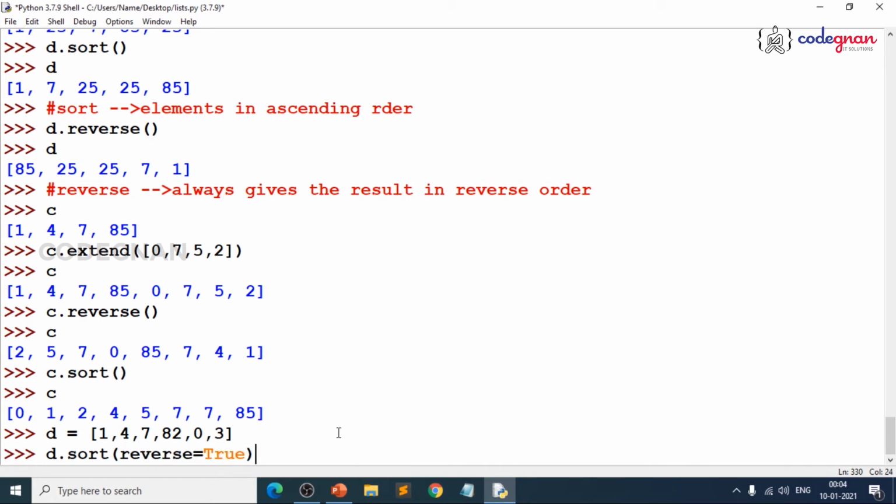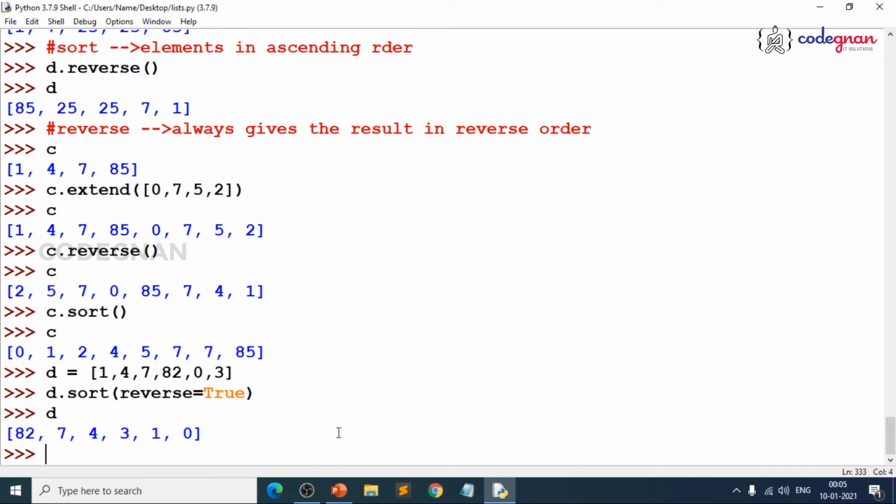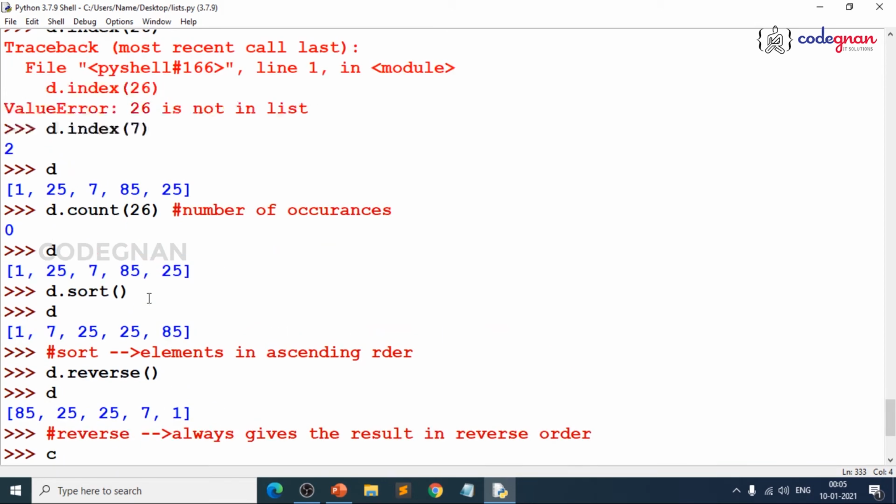When you pass reverse equal to true inside sort, you get it in descending order. So reverse is always reverse order, but if you first pass sort and then ask for reverse, it will give you descending order only. So sort is ascending order, reverse is reverse order. Copy will copy the elements, and index, if you pass a value into it, gives you the index position.